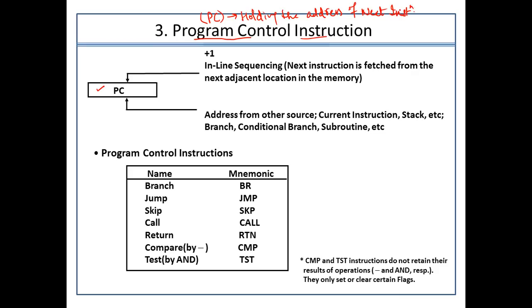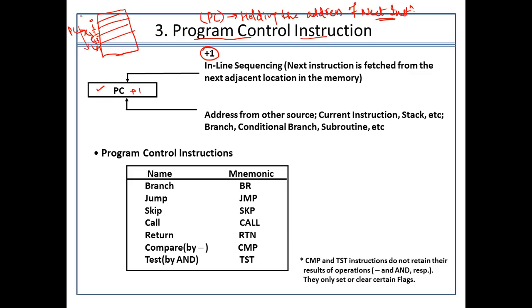Whenever we are currently working with some instruction, in the program counter you will also get a value. That value always points to the address of the next instruction. If it is just incrementing by 1, it means the instructions are going in sequence. Like if it is first, second, third, and the program counter is right now at this one, then the next value of the program counter will be 2, then 3, then 4. The instructions are being executed like this.